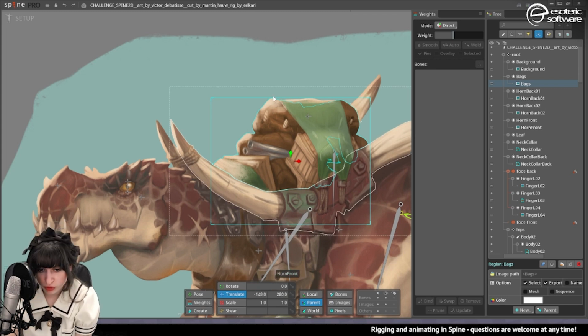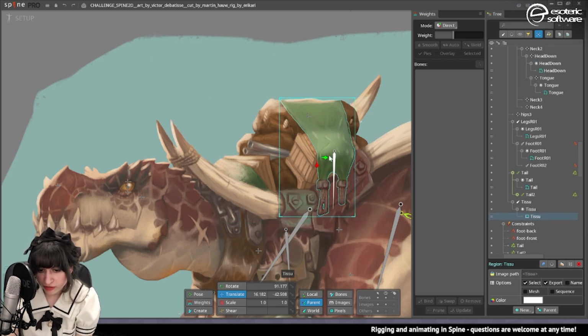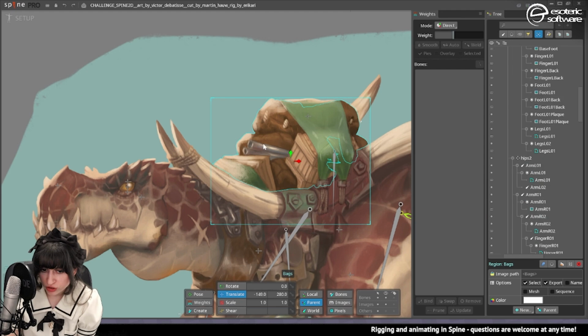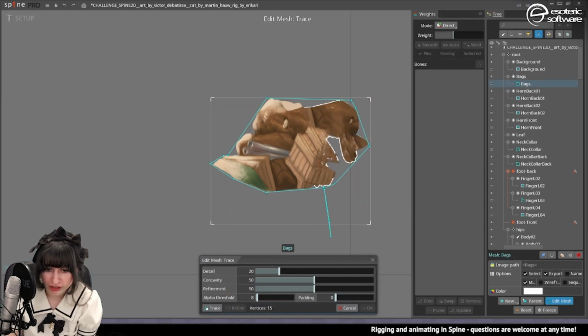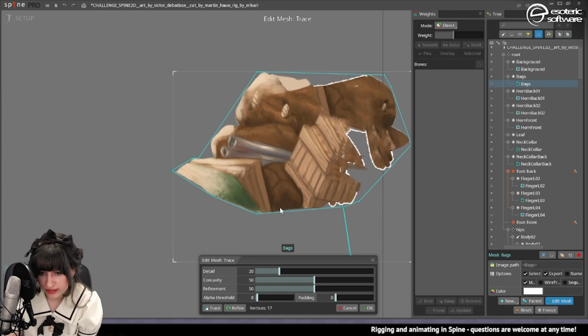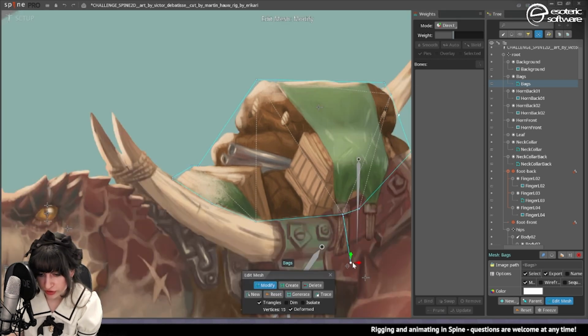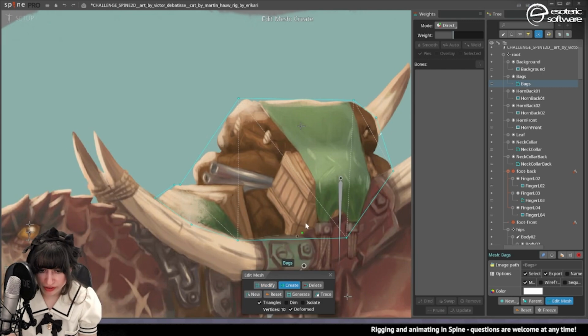Okay, so for the parts here, we said that this part is gonna be mostly rigid except for these parts on top, and definitely we can get this to deform a bit. So for this, I'm going to turn it into a mesh. Let's try tracing. Tracing is doing things. I'll remove the extra vertices that are absolutely useless. And then I want to separate the crate and this part from the parts on top that are going to be a bit more